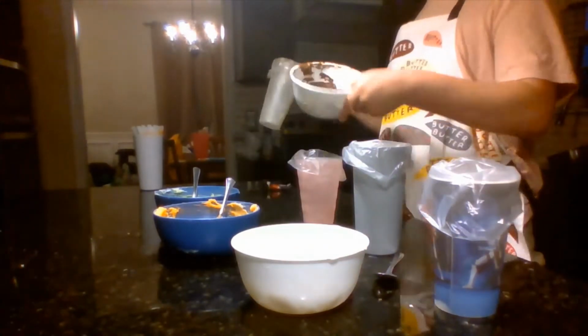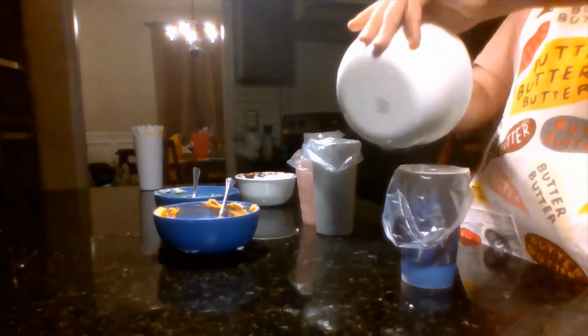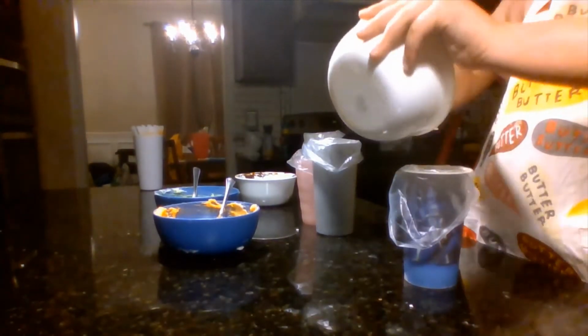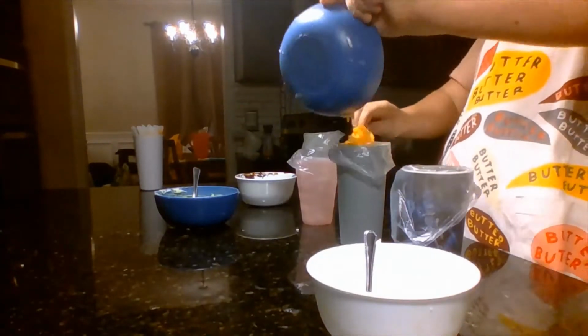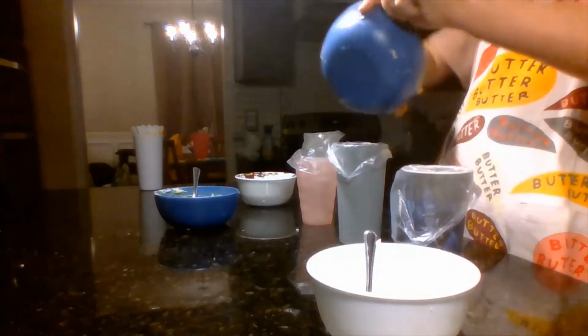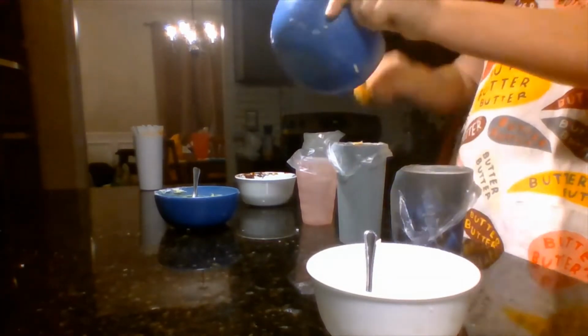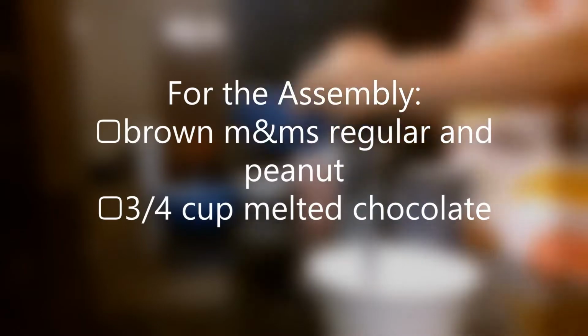After your buttercream, for the piping bags, you do not have to have pastry bags. You can actually just use regular Ziploc bags. And for your buttercream frosting, what you're going to want is orange and green food dye, and you're going to want to mix those together